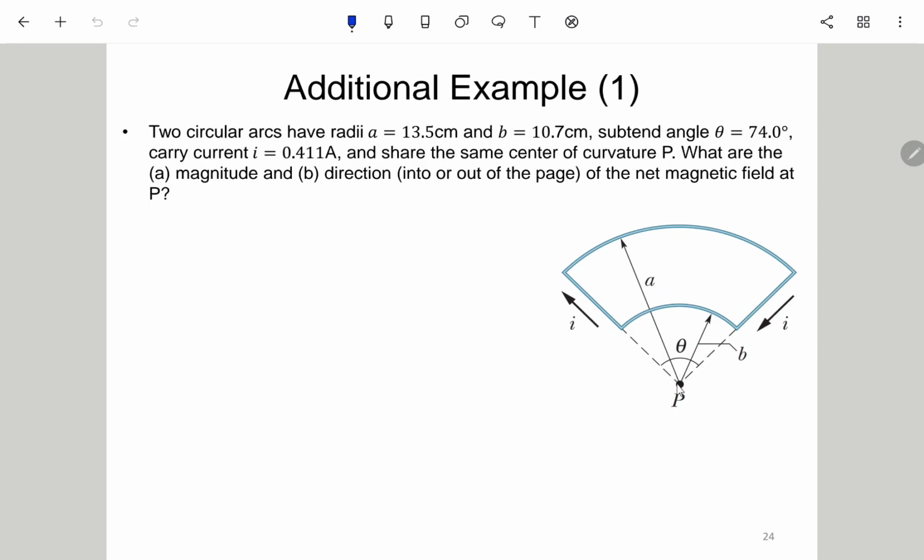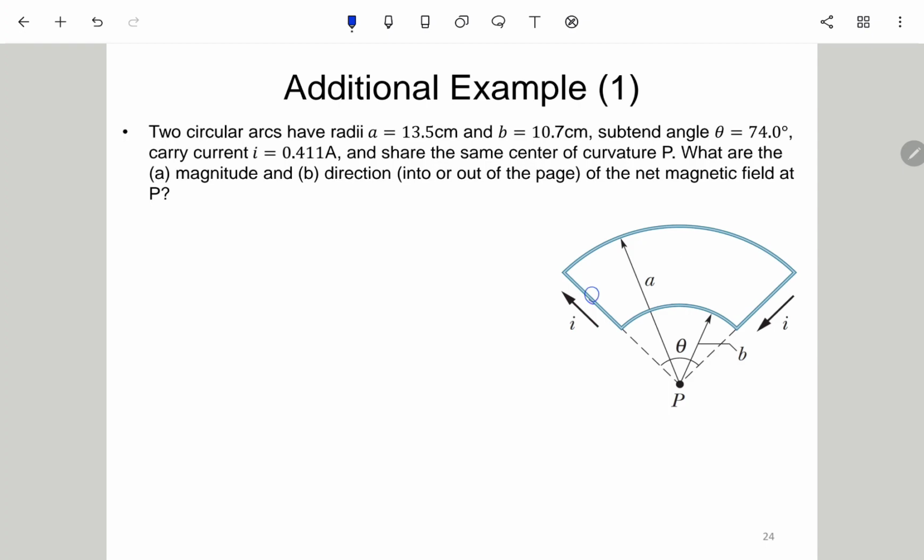Okay, 就是同心的一个圆弧，就是 P 点。And then what are the magnitude and direction, into or out of the page, of the net magnetic field at P? 就是问那个 B field 在 P 点的 B field 到底多大？就被这个结构所产生的 B field。